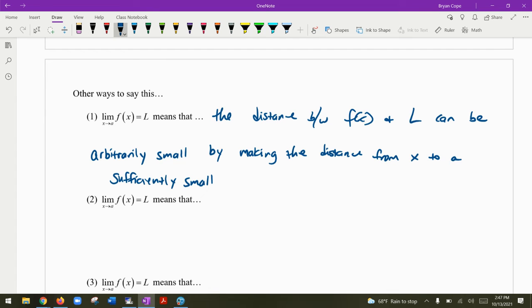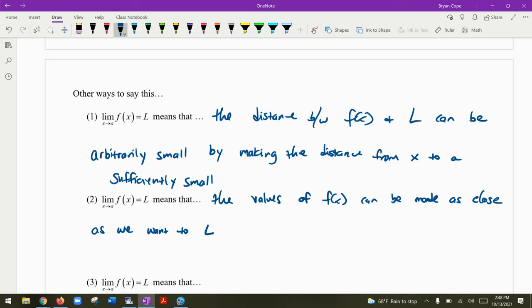Okay, so the second explanation, they're all, of course, very related, but this one says the limit of f of x being L means that the values of f of x can be made as close as we want to L. So the values of f of x can be made as close as we want to L